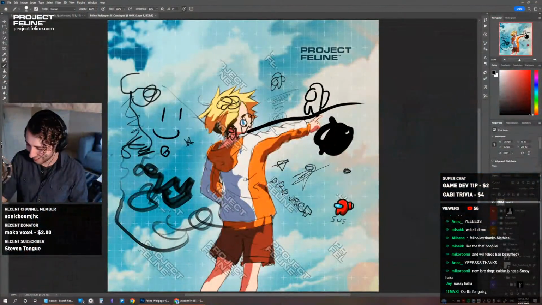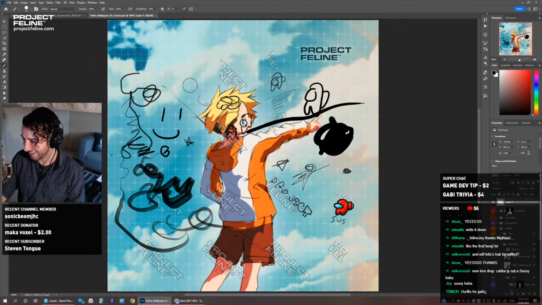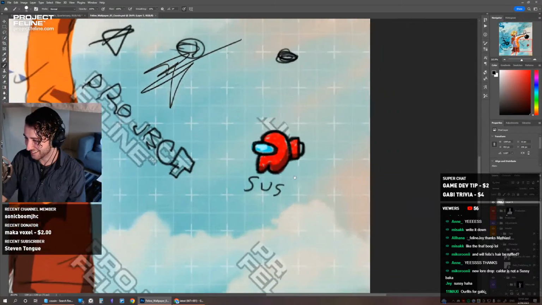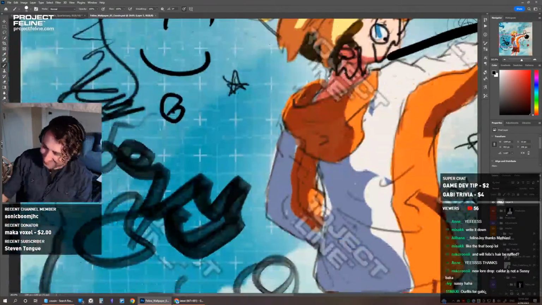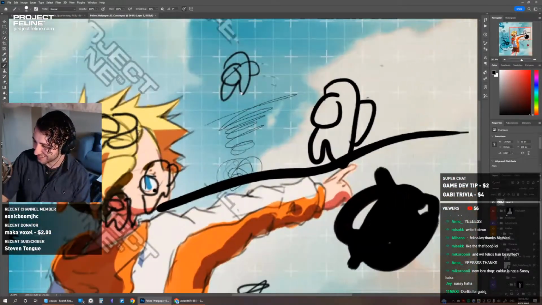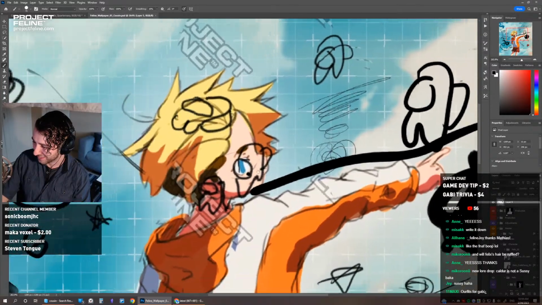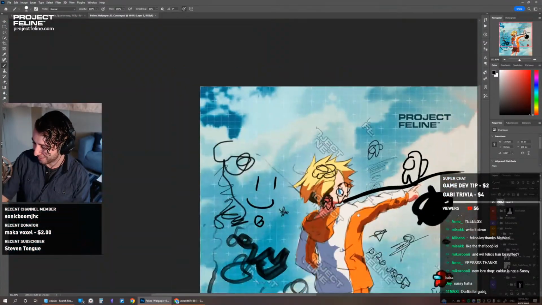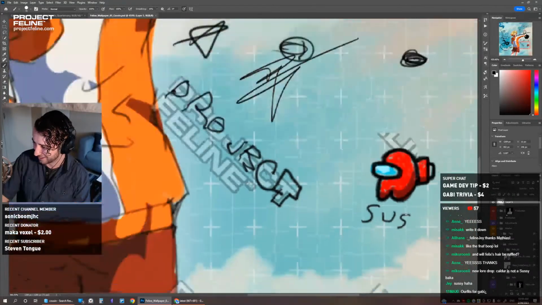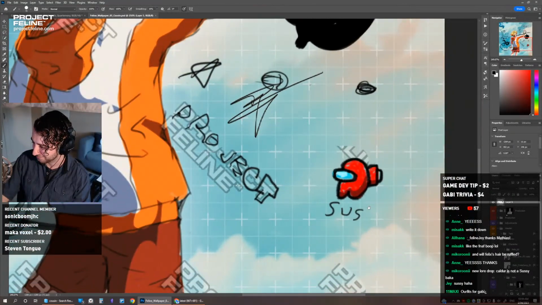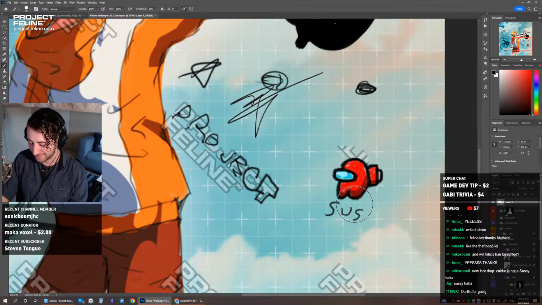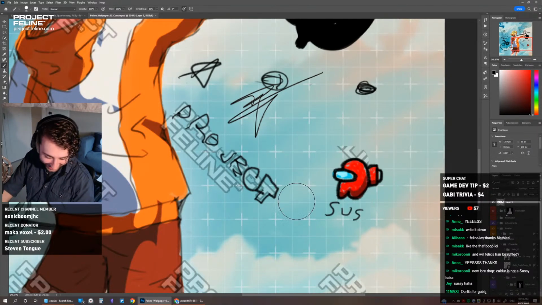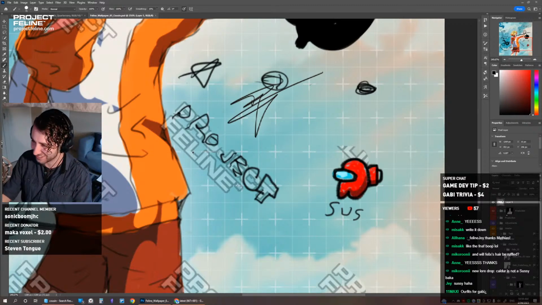Here was the result. She started drawing on a layer on top of it, and then she kept drawing these everywhere. Just all over the place. There's one, there's one. There's probably like six Among Us astronauts over this thing. So that's going in the concept art book now. But yeah, there's my little story about when I met my cousin for the first time.